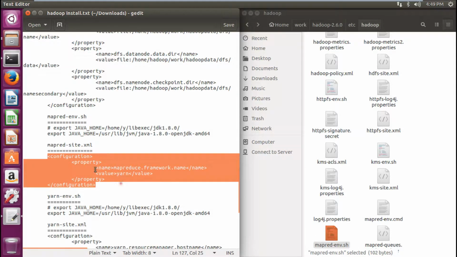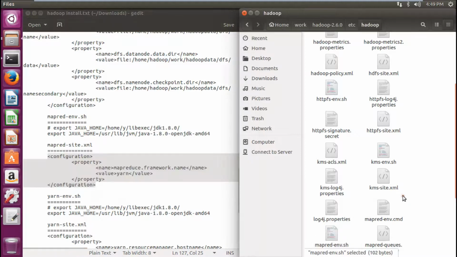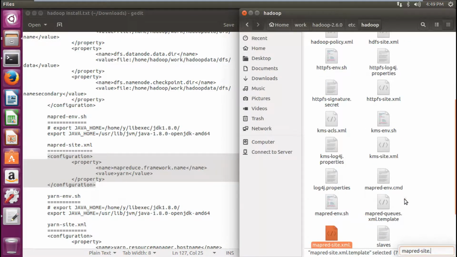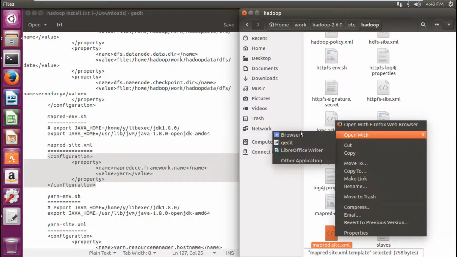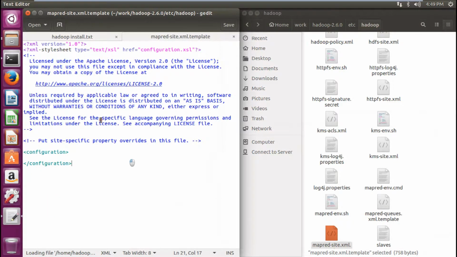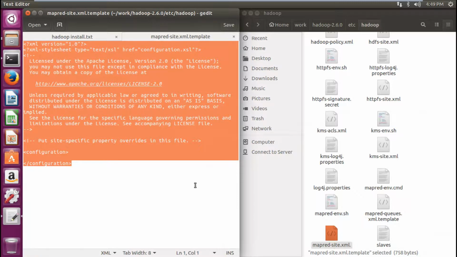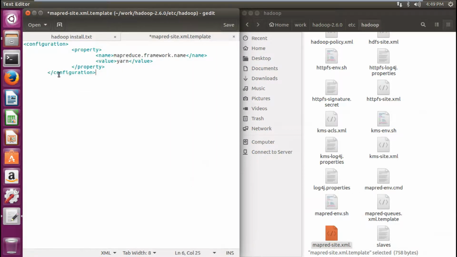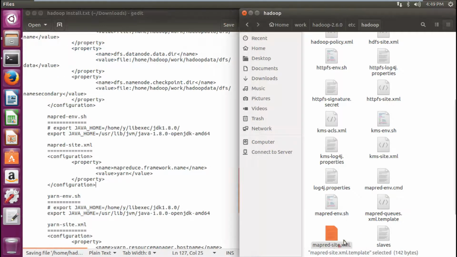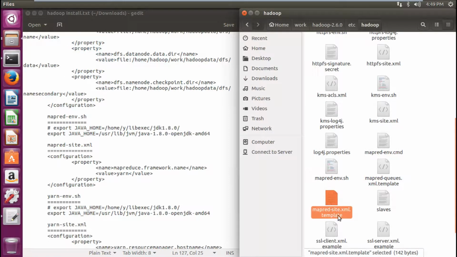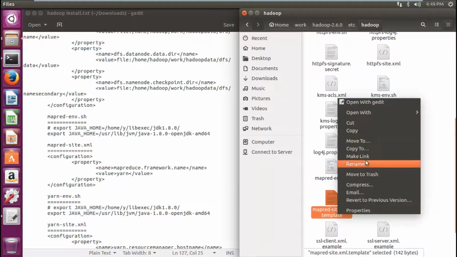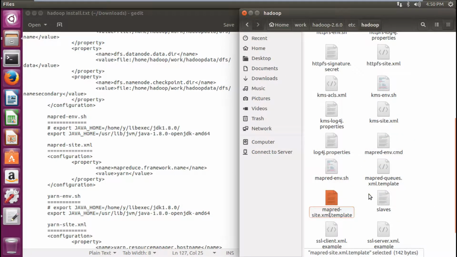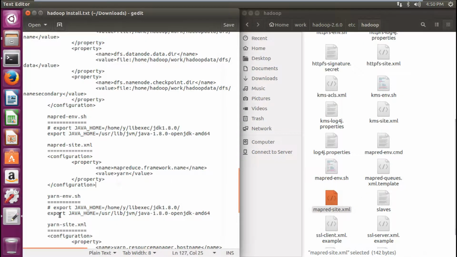Map reduce site, okay, open with gedit, paste it. Okay, that's it. This is as a template. Okay, so I'm just going to rename it and leave it as an XML file because we don't want it as a template file. Okay, I want it activated. Okay, that's it. So we're gonna do yarn